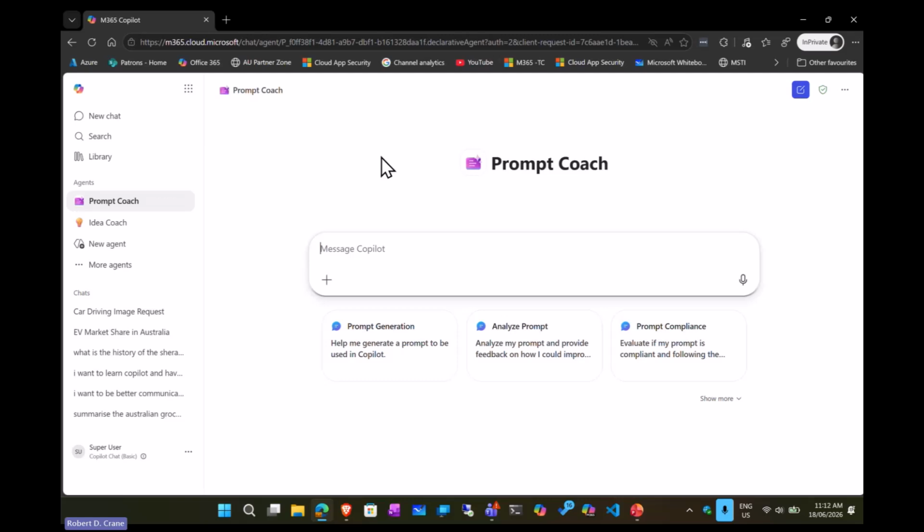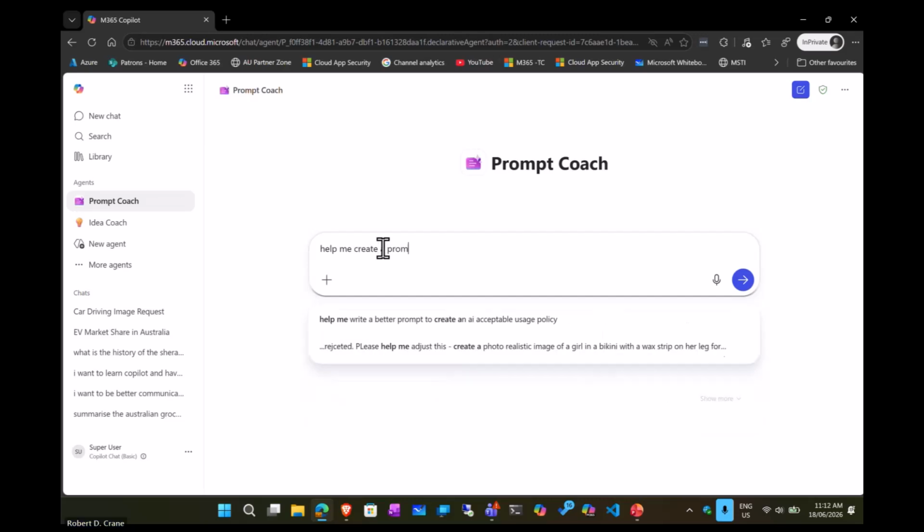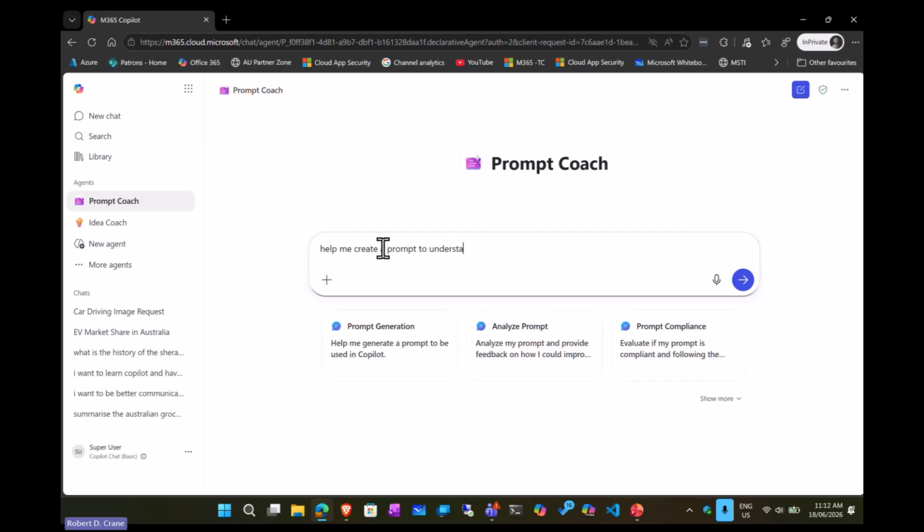If we go in there and have a look at what it does, the difference with an agent is it's focused on doing particular jobs. So this is not going to create an image. This is not going to answer a question. But what is really good is it'll say, help me create a prompt to understand the recent Australian capital gains tax